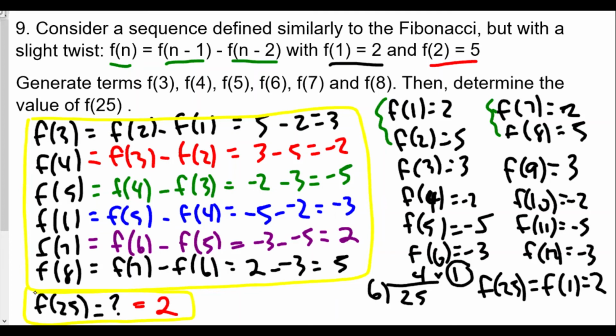All right, again, repeating the same thing over and over again every 6 terms. So F1 through 6 repeat again for F7 through 12, and then F13 through F18, and so on and so forth. So instead of finding each one separately, we can divide the number term we're looking for and identify, in this case, which term was represented by the remainder. And just to show in this case,